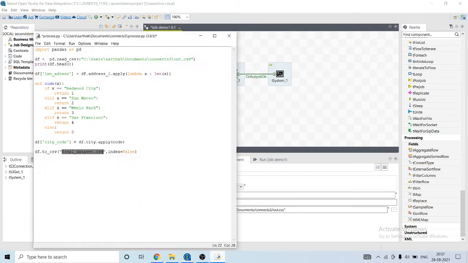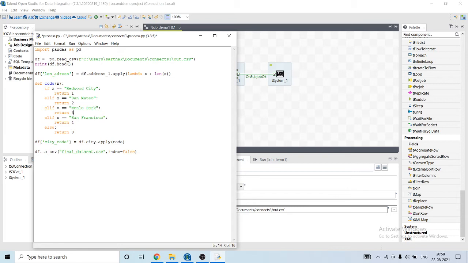So let's first explain the Python code. I've used the pandas library. I've read the file. It prints its header value, it will just print the 5 rows. I've applied a simple function that will take the address column and print its length.